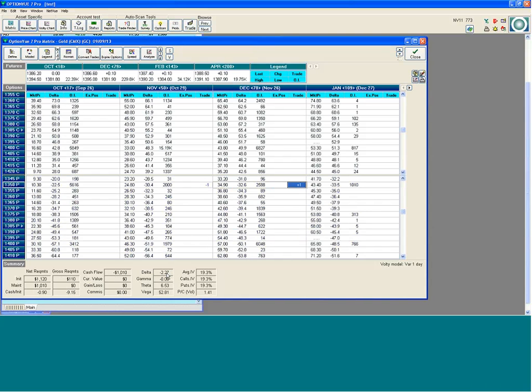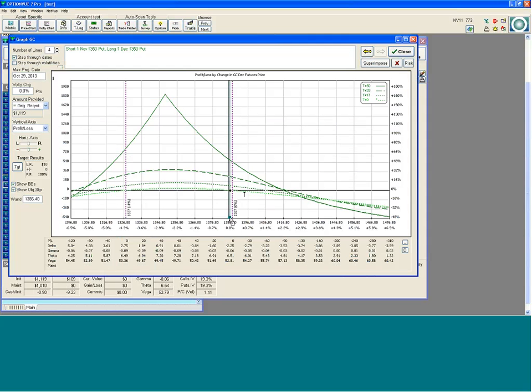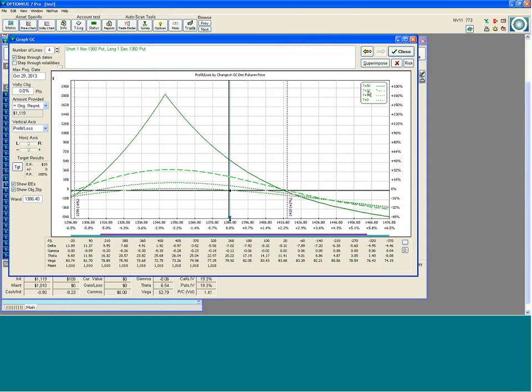Now the delta is very, very small. It's only -2. The cost to put the trade on is the same as the margin. It's $1,100. It does earn positive time decay, and it has a positive vega. So this meets all of the criteria that I was looking for. If I'm planning on holding this trade for 33 days, you can see there's a very wide range of profitability